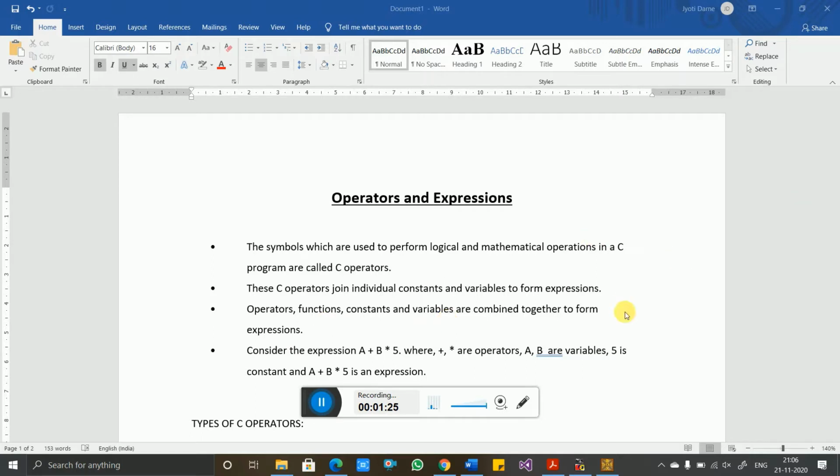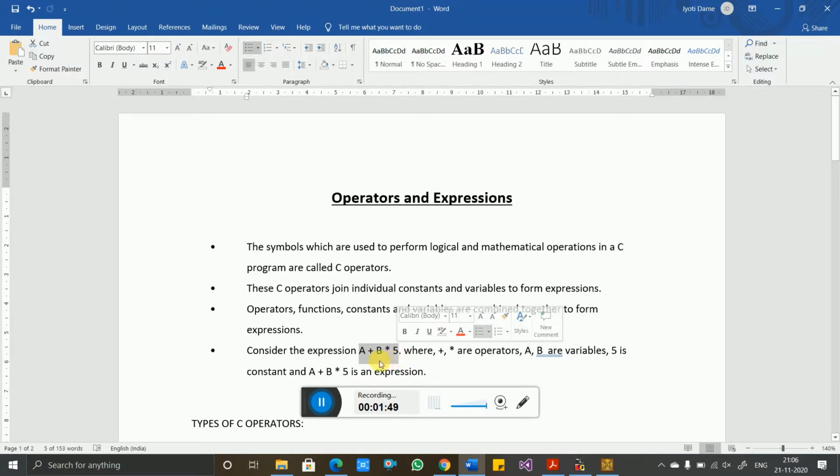Now take the example they have given here. Suppose we have this expression. This is an expression because it is a combination of operators, constants and variables. Here you have a plus b into 5.